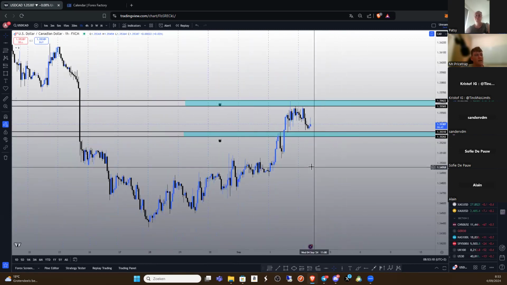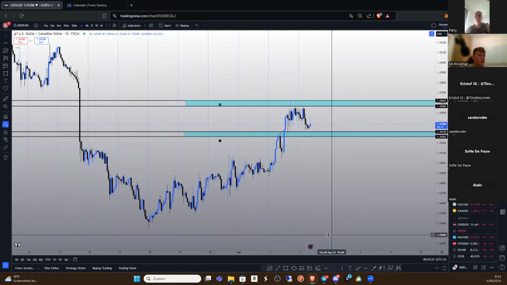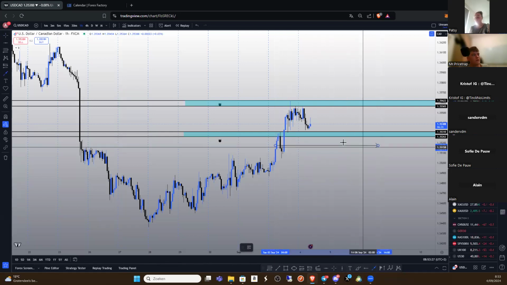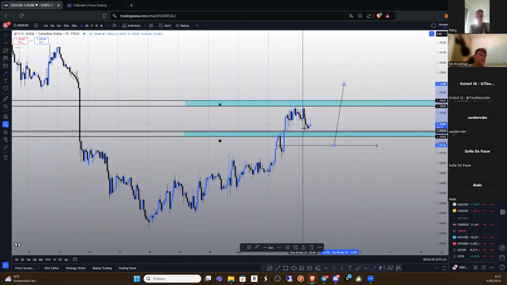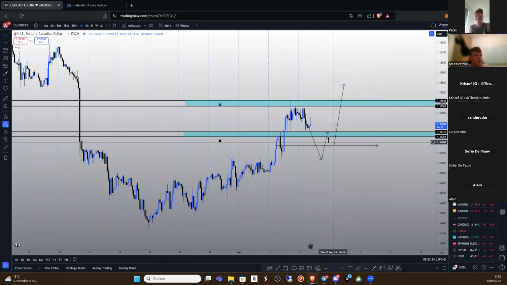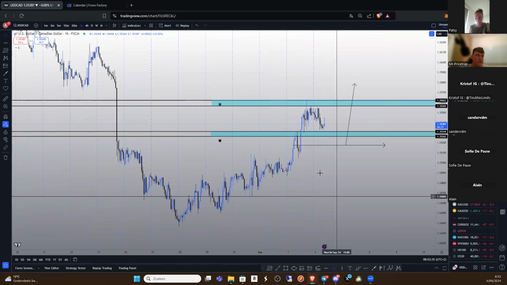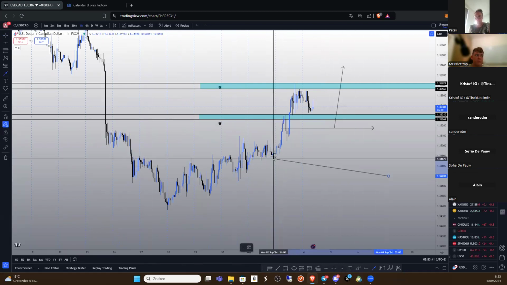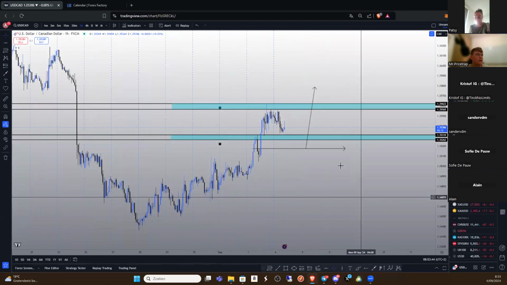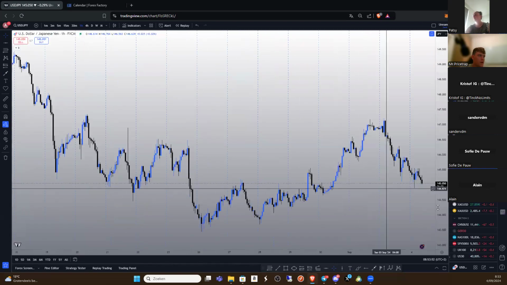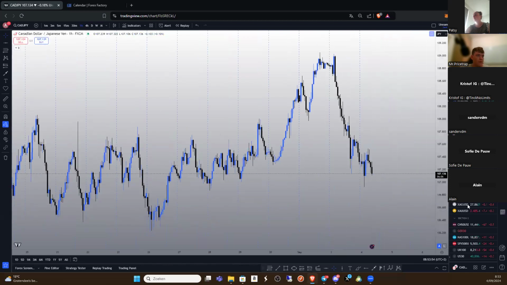Okay, if you want to see the other direction, this is not a price trap to the downside, guys. Just know that. I want to see the market maybe coming to this level over here, something like that, and then move higher. So this is not a support level. This is not for the breakout retest to the downside. Very important. If I want to see a breakout retest to the downside, in my opinion, this is the point of structure I want to see getting broken. So this is just for the retest to the upside. Very important that you're not looking for a breakout retest to the downside. USD JPY, nope, don't like it. Canadian, nope.